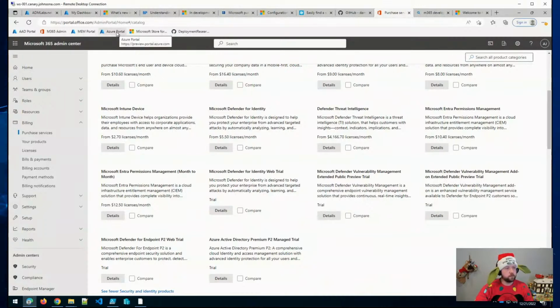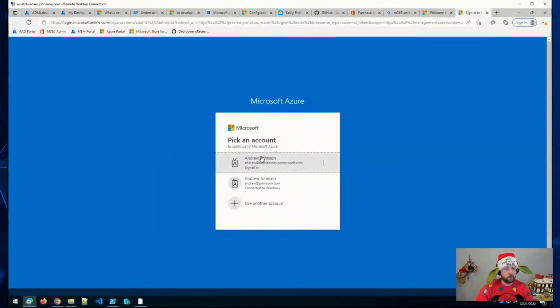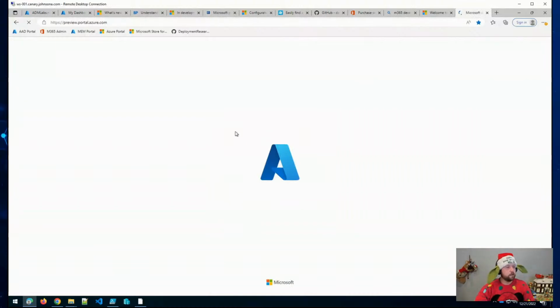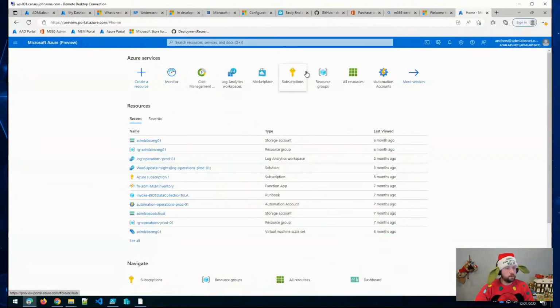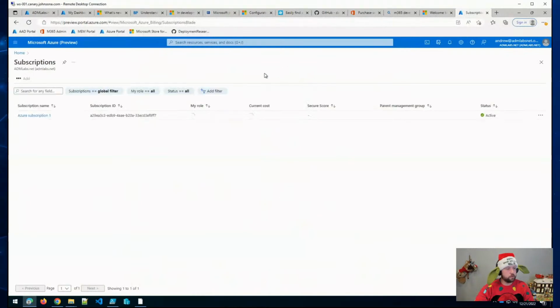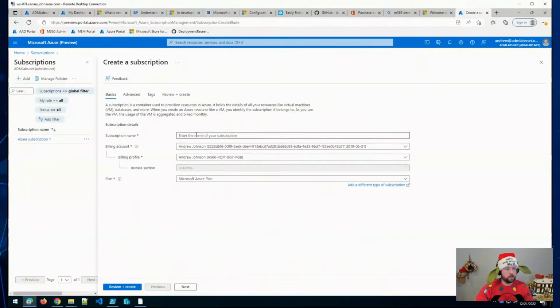As far as Azure goes, we could just go to portal.azure.com and subscriptions. And from here, forgive me if this is a little off because I created this Azure subscription over a year ago. So the experience may be a little bit different if you don't have an Azure subscription at all in your tenant. But if you can get to this point, you should be able to add a subscription and then